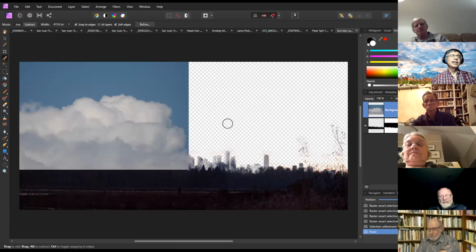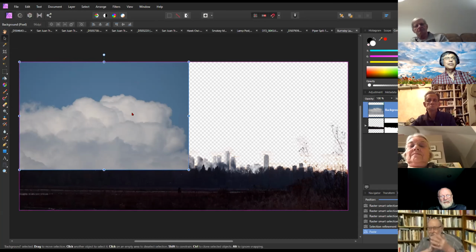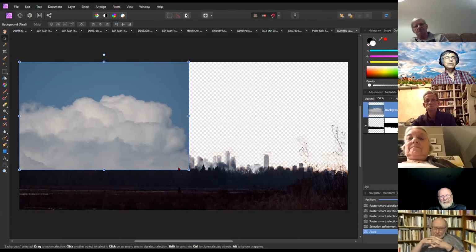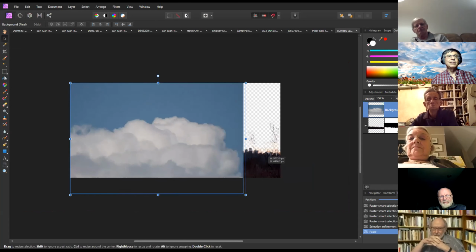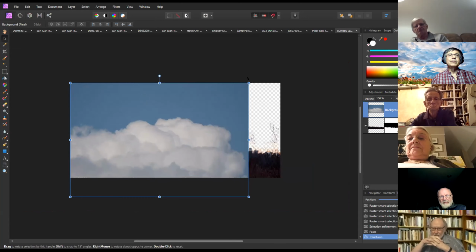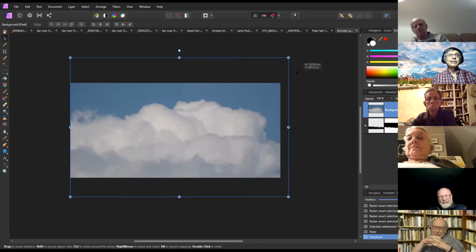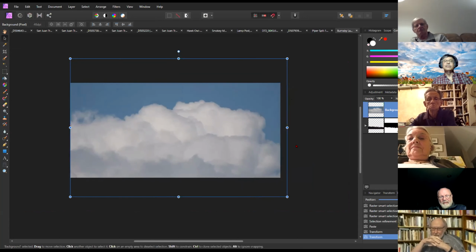Okay, so now what I gotta do is I gotta highlight the cloud here. So you can see it doesn't fit, it's too small. So what I can do, I'll just go in and drag it to what I want here. Okay, so just start there. Okay, so now because the clouds are on the top of the layers, that's going to be a main thing. If I drag it into the background or into the,